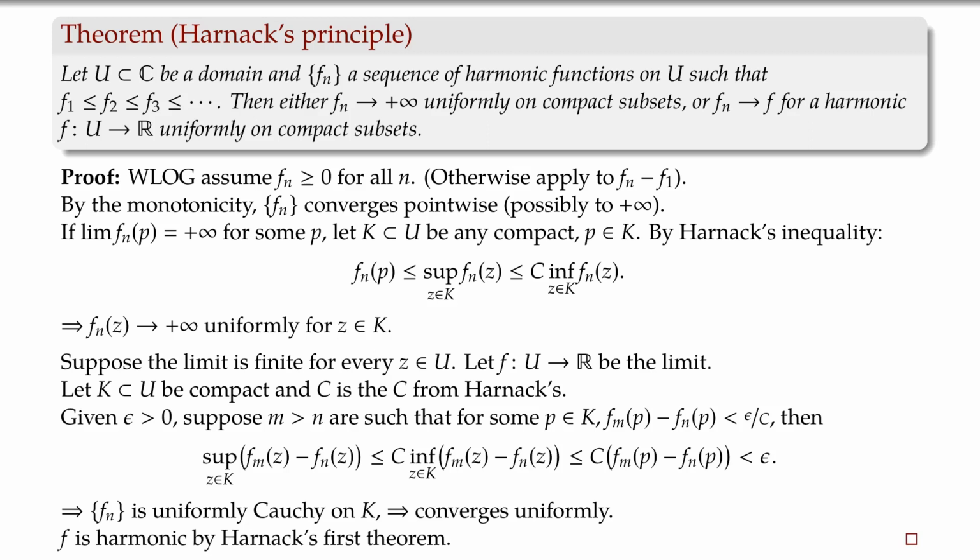I have a sequence of harmonic functions converging uniformly on compact sets, therefore the limit is harmonic. This is an amazing result. Sort of unexpected that you would get something like this, but it's something that we maybe came to expect, as I said in the beginning of this class,